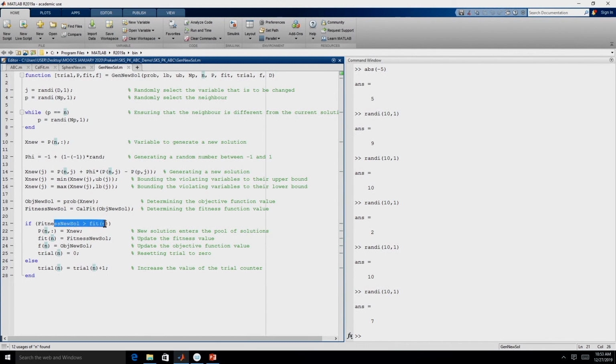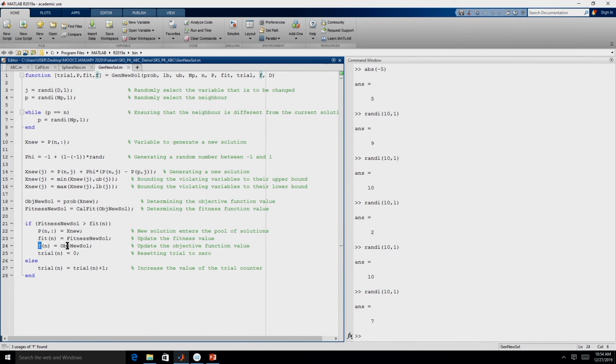If this condition is satisfied, that means the newly generated solution is actually better than the solution which was used to generate it. In that case, we need to discard the nth solution and include the new solution. That is what is done in line 22: the nth member of the population is entirely replaced with X new, and the fitness of the nth member is replaced by the fitness of the new solution.